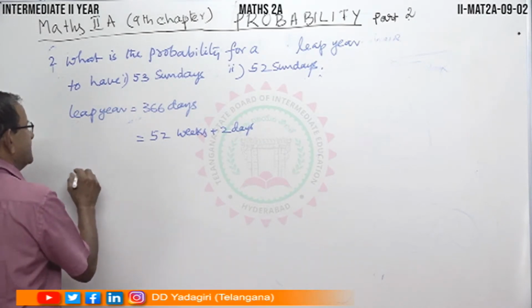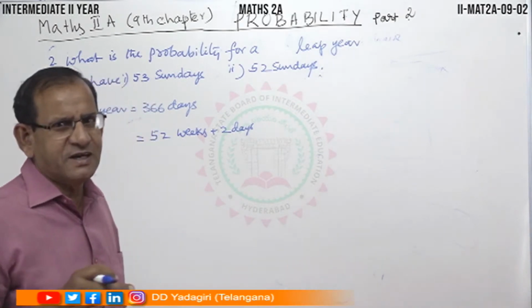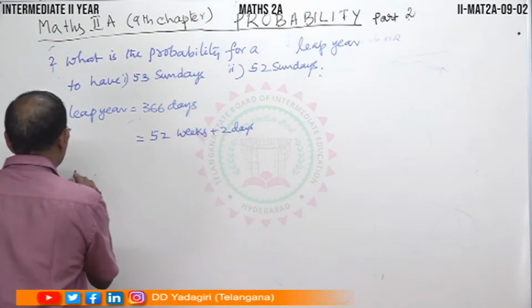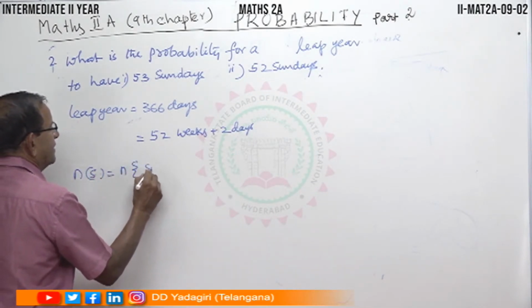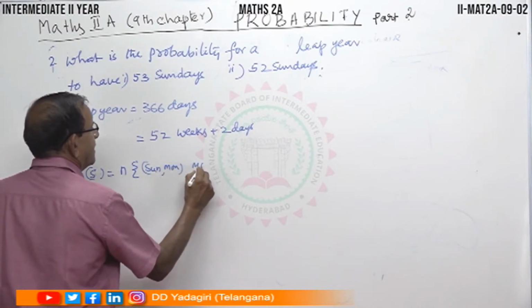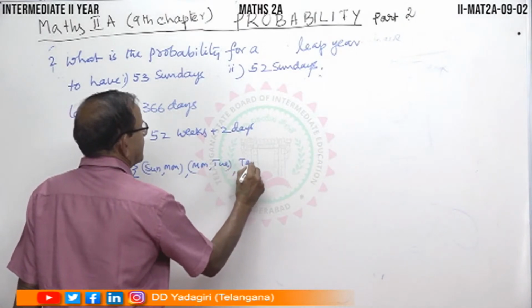Now the sample space: the 2 days may be 2 successive days, either Sunday, Monday, or Monday, Tuesday, Tuesday, Wednesday, like that. So n of S is equal to n of Sunday, Monday, or Monday, Tuesday, or Tuesday, Wednesday,